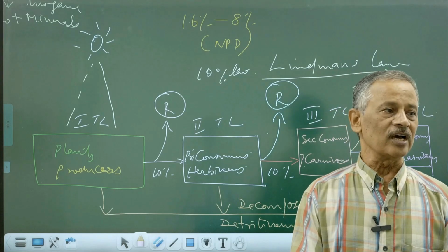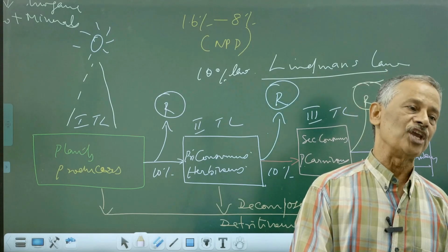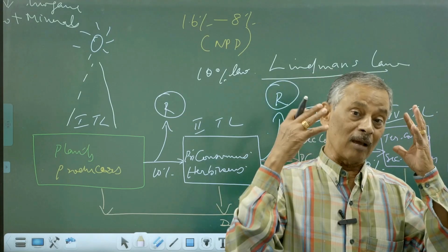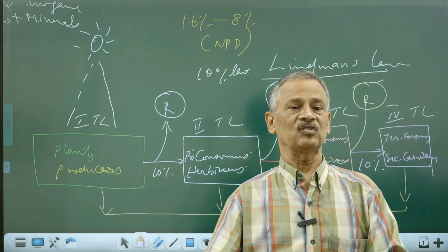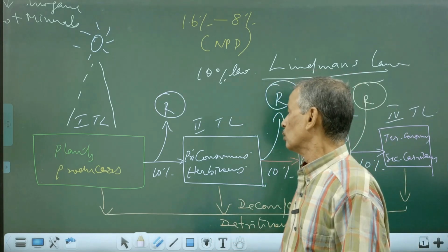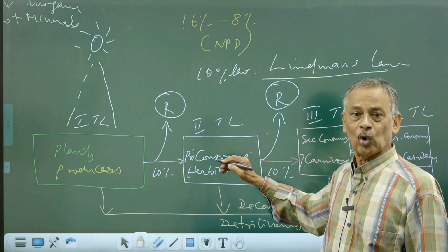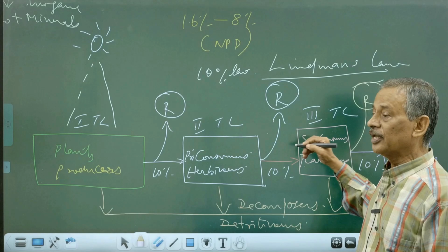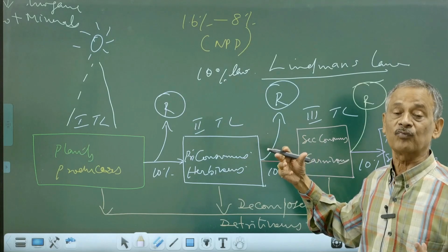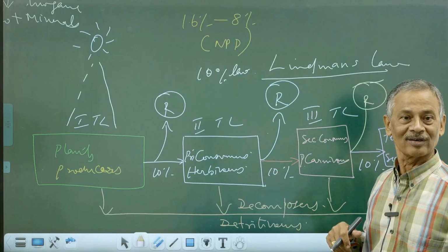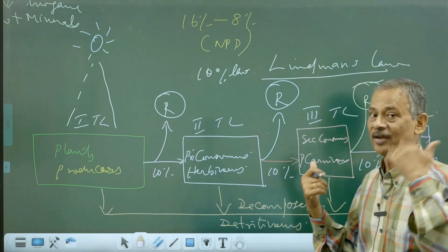Now, in nature, there is actually no single food chain. Why? Because there are a number of organisms who can occupy more than one trophic level simultaneously. So, for example, if a crow is coming and eating fruits, then it occupies the second trophic level. If a crow is eating, say, a small animal, for example a dead frog, then it's a carnivore. It occupies the third or fourth trophic level, as the case may be.